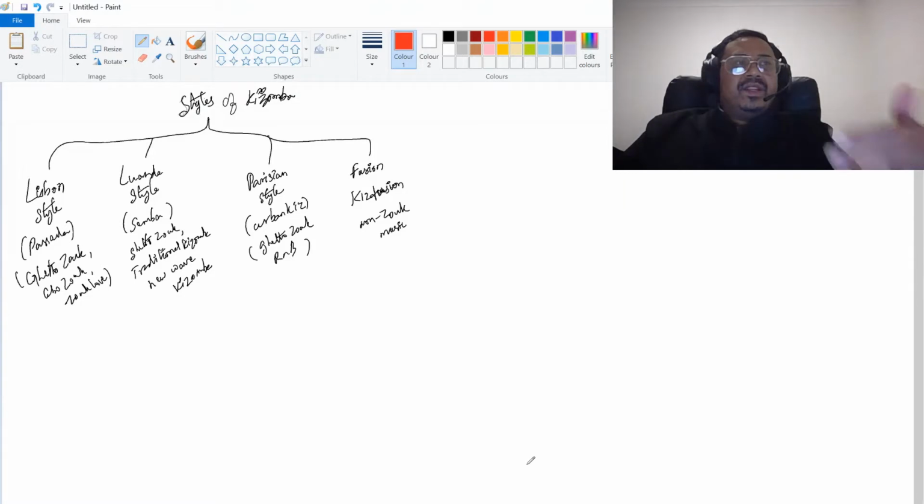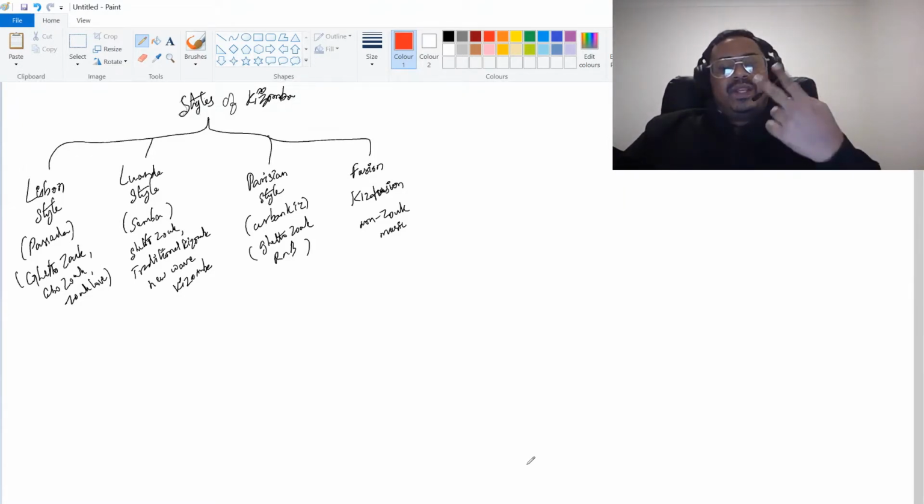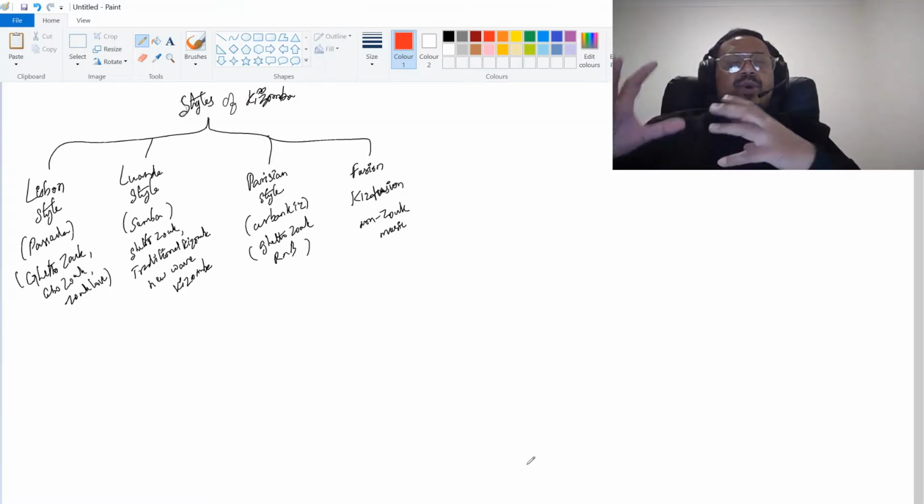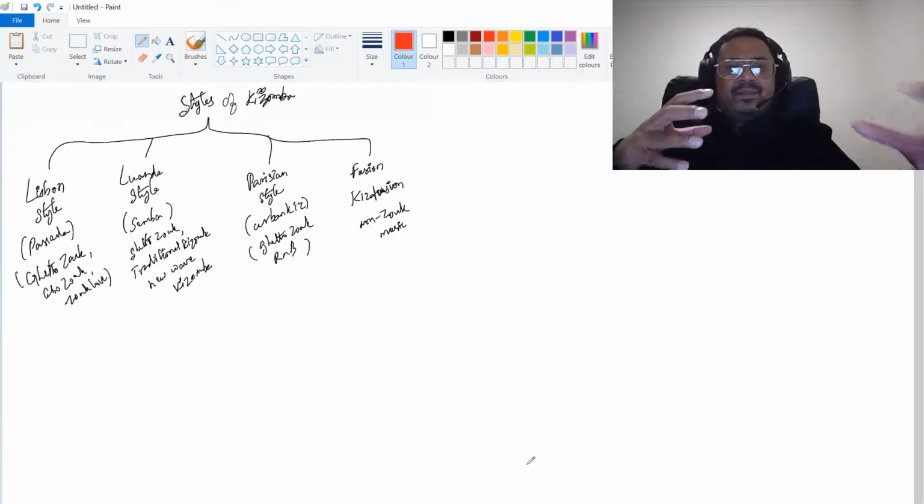but whatever is being discussed in the Kizomba community is predominantly two different styles: either traditional Kizomba, that's what they are calling it now, or else the urban Kiz, the French style Kizomba. But I've been noticing at least two, three more styles of Kizomba. So I've tried to put this all together,